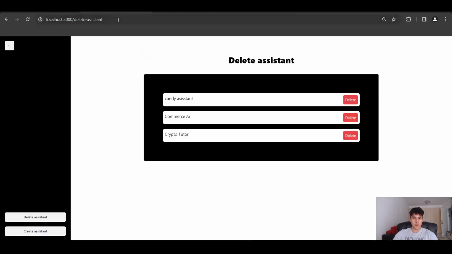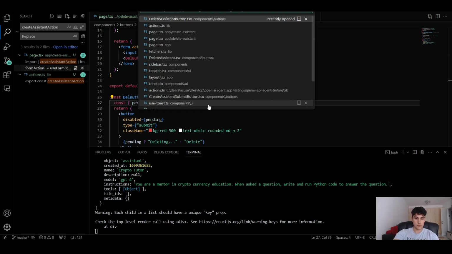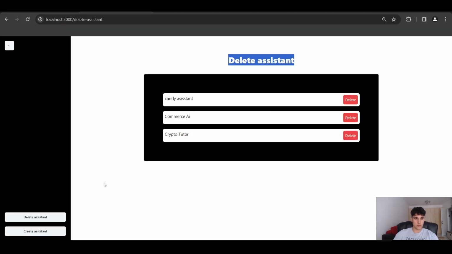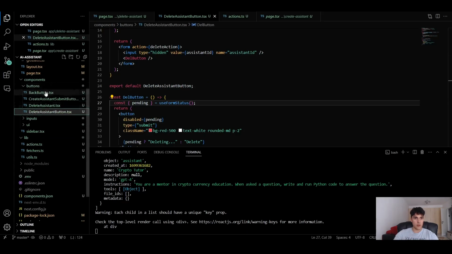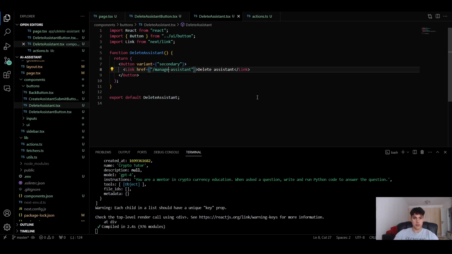And for that, I'm gonna do this here in the same page. Next to the delete button, I'm gonna put another button that is gonna be an edit button. Change this title of the page and this title of this button not to be just the delete assistant, and it's gonna be the manage assistant. Let's go here where we have our buttons. Instead of delete assistant, here I'm gonna say manage assistant,